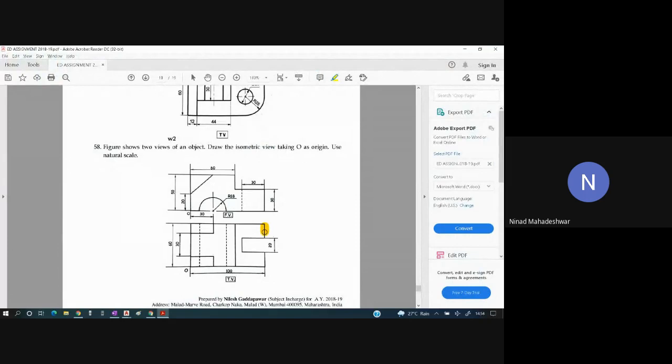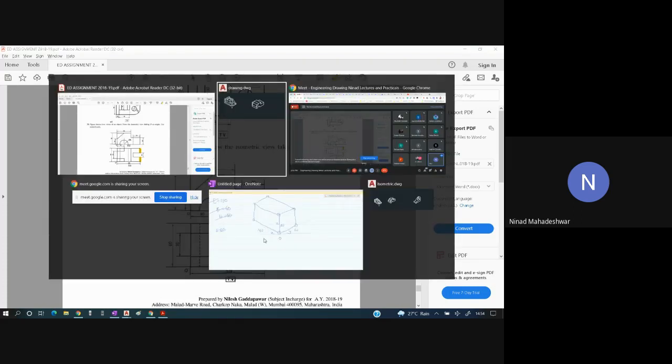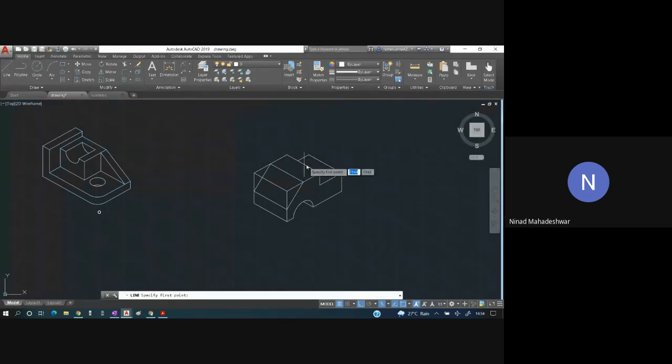How many mm is this distance? Can anyone figure out? And this distance. 20. That is 20. So 20 over here. Then from here 30, you have to go towards left. Again 20, again 30. So that is what we are going to do over here also. So from here, we'll go over here by 20. Over here, we will go, function F5, over here by 30 and again 20 and again 30. So this is done.